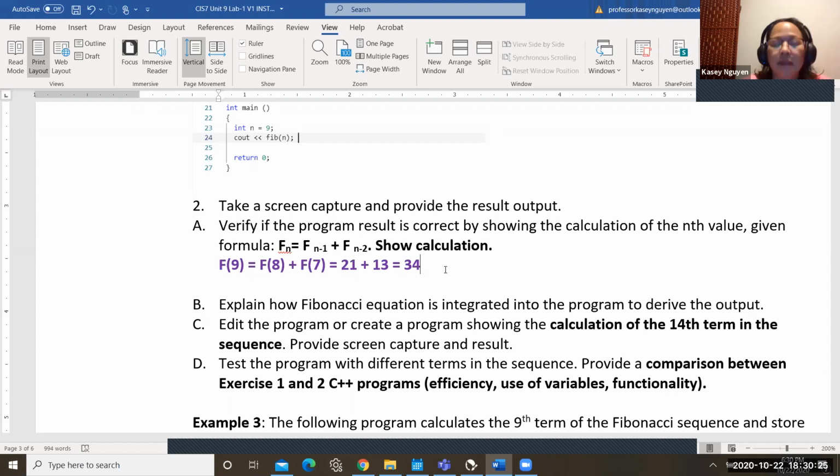Now, based on what you see in the program, look at the function and explain to me how the Fibonacci equation is integrated. It's really a step-by-step procedure on how it was incorporated, and that's the point we want to make sure we give you in these types of exercises: to look at it and say, how did it really calculate this number?